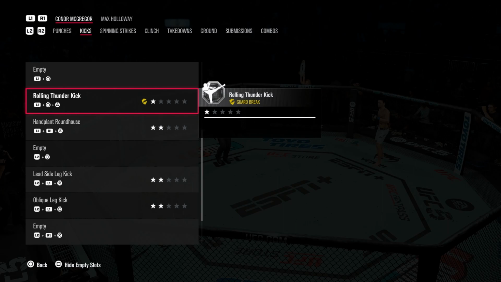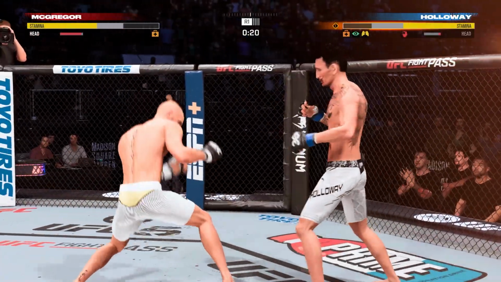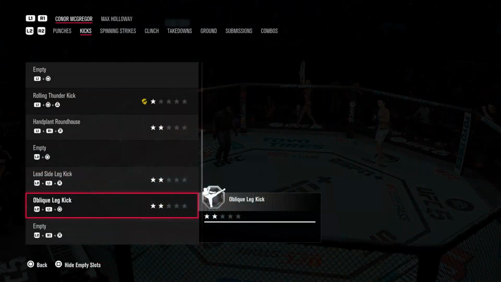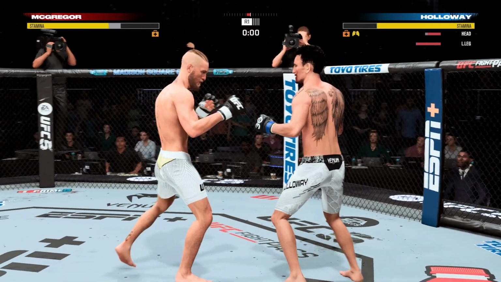We're going to go over some of Conor McGregor's advanced kicking techniques. Now we got the rolling thunder here, L1, circle, and triangle. Only a 1-star, but you can catch your opponents lacking if they don't expect this. Also, we got that oblique kick, L2, L1, and circle. And this move's really good to stab at that leg and just continually add up that damage to anyone that's